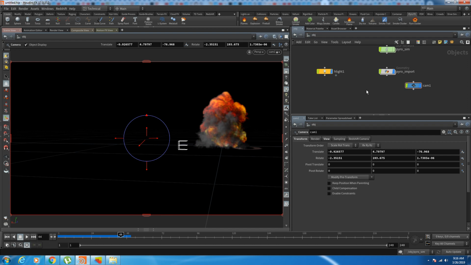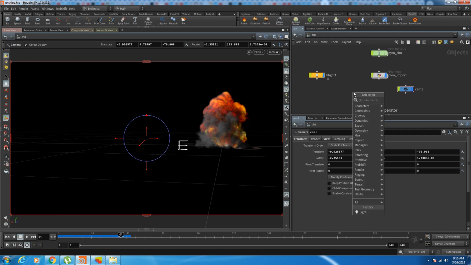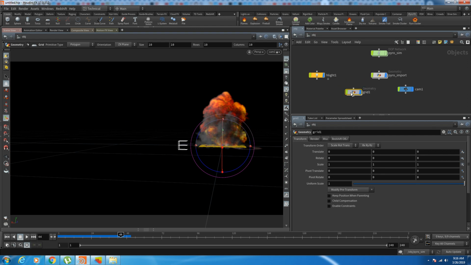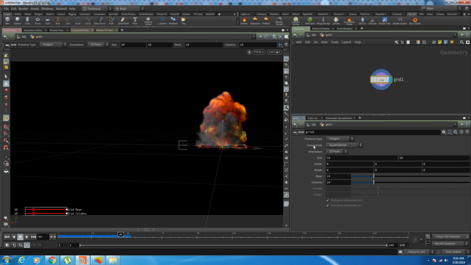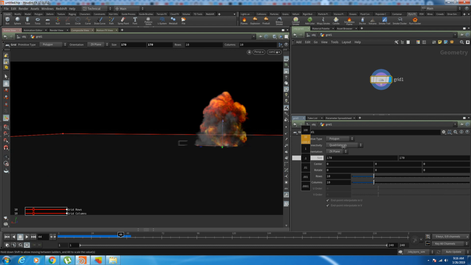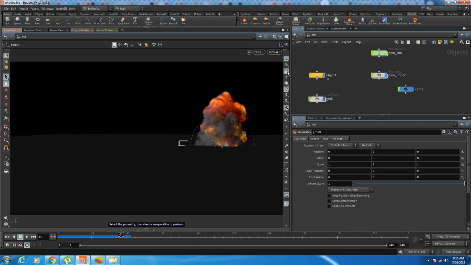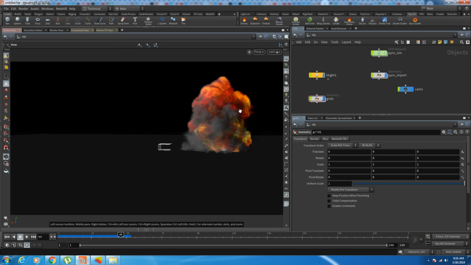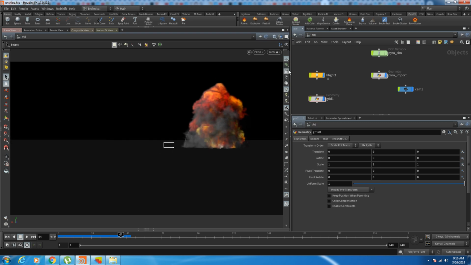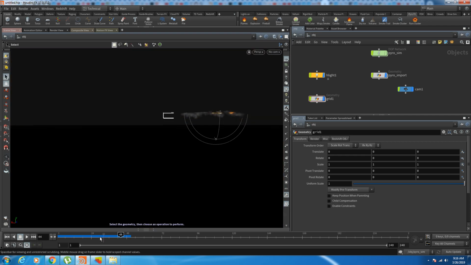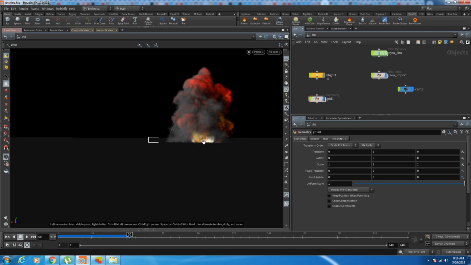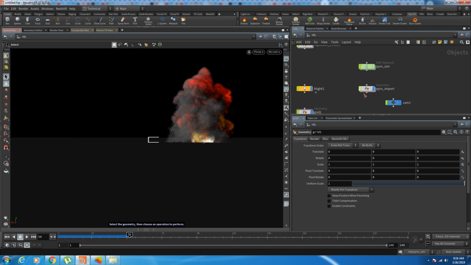And let's create a ground plane. So we're gonna go grid. This is gonna be our ground. I'm gonna go in, make the size like that. And now let's tweak some simulation settings. I'm gonna get off the camera view. I'm gonna zoom in a bit. Like that. So currently our explosion is going down as well. It's gonna go down if we continue. I mean, obviously because of buoyancy it's gonna go up, but we want to limit and make it collide with the ground. So in the Pyro Sim Dynamics network,